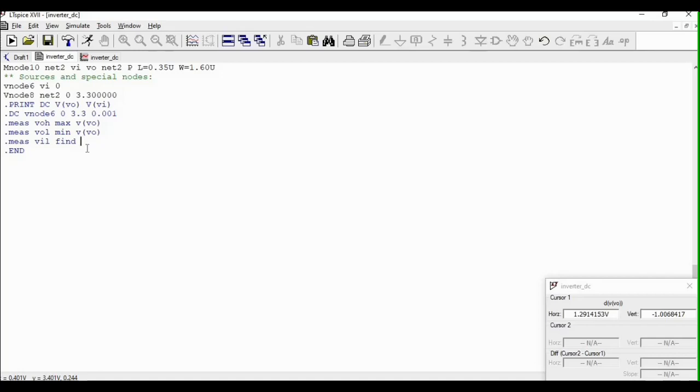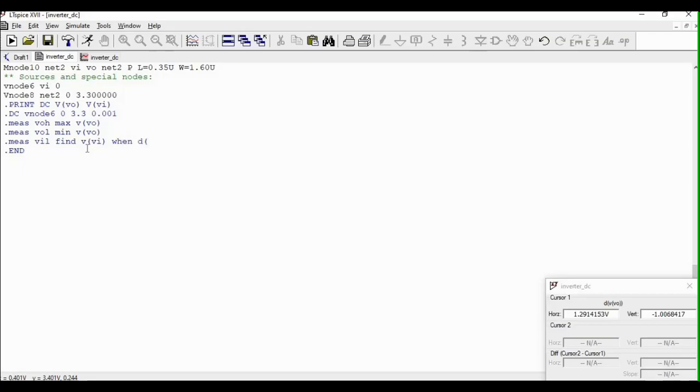In this case, we want to get VIL from our input. So find from VI, then what would be the condition? That is when